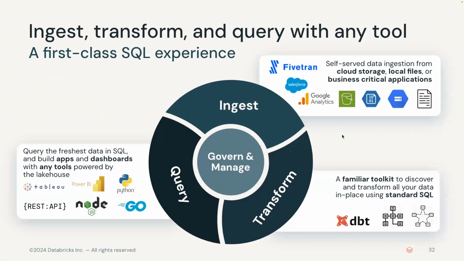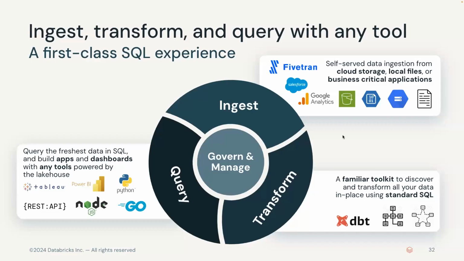When you build any data warehousing solution, most of the time people want to know how their ETL will work. With any ETL, you extract, where you ingest the data, transform it, and on the transformed data, you will be able to query and get insight. Databricks integrates with different partners, so it allows you to ingest data using the tool you are familiar with. For transformation, you can use a familiar toolkit like dbt, or build using standard SQL, or use Delta Live Tables.